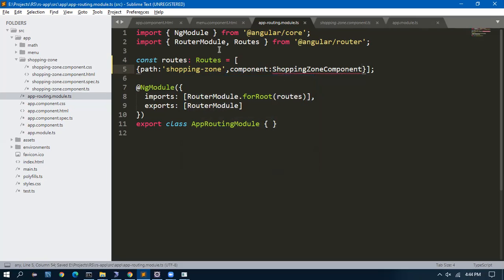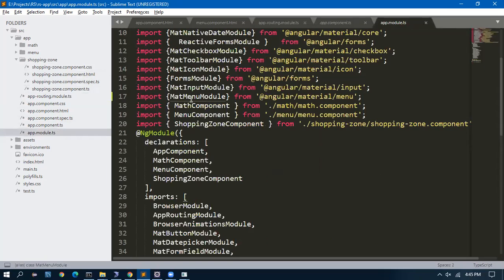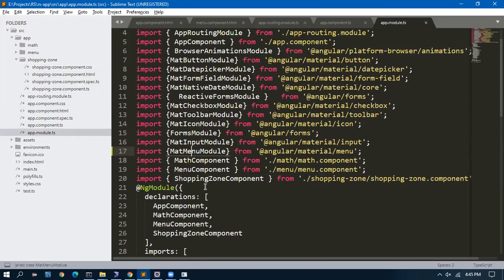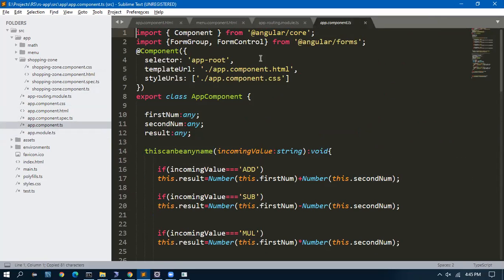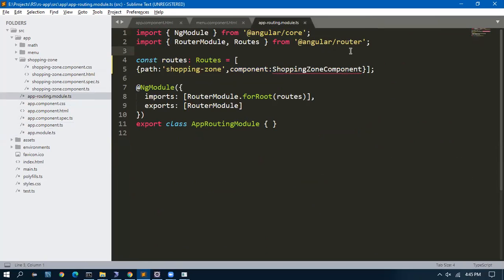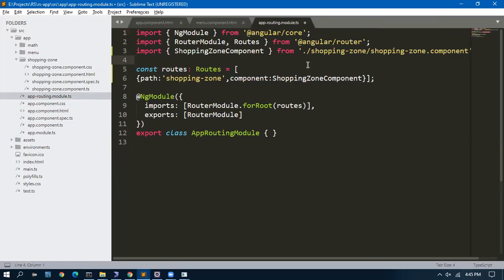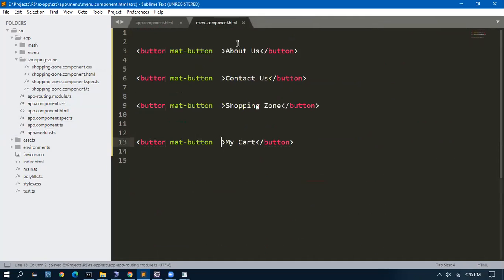Okay, so I have to import this component. It would be already imported in app module, so I will reuse it. So the last thing is I have to give here router link. Router link equal to Ganesh.